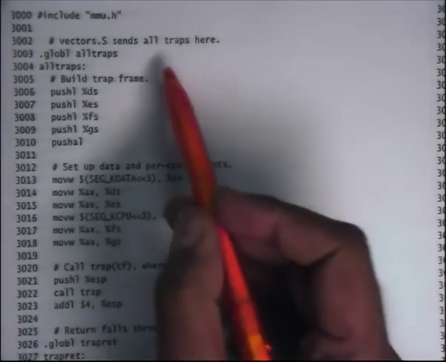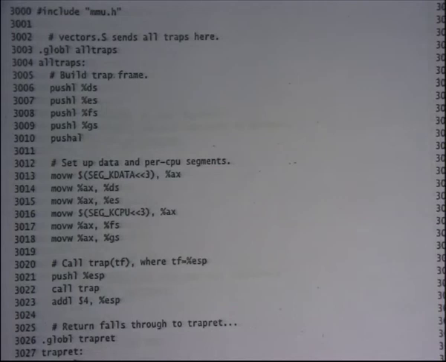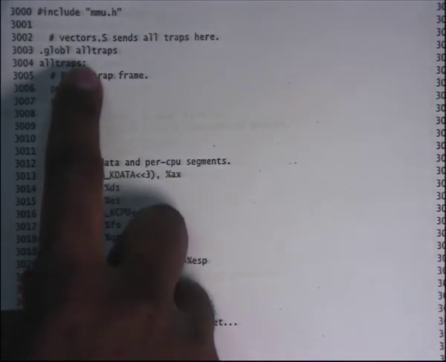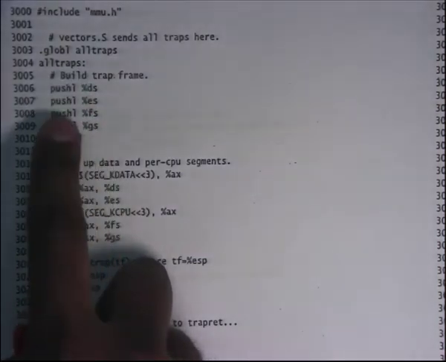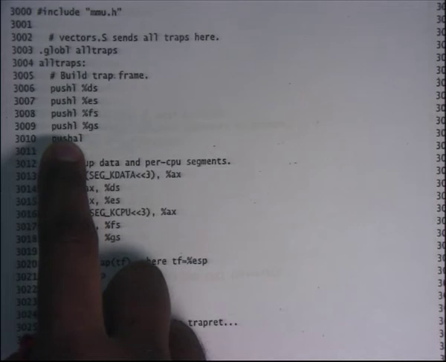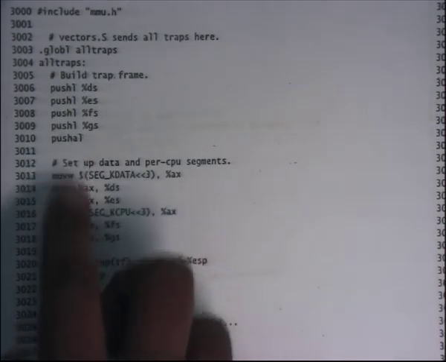So the way xv6 has organized it is that it has pointed all the IDT handlers. It has some initialization code for every handler, but eventually they all jump to this code pointer called alltraps. So just jump here, not call but jump. All right. So they just jump here, and here you see all the code for saving all the registers. So you save all the segment registers, and this instruction pushal basically saves all the general purpose registers like EAX, ECX. So all the 8 registers that we've discussed. So that's push all. That's what pushal means.